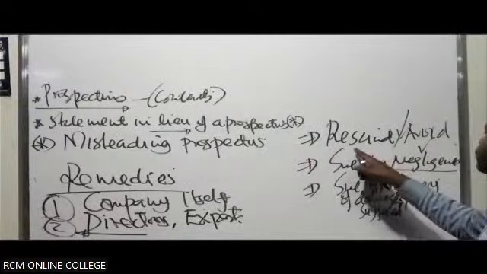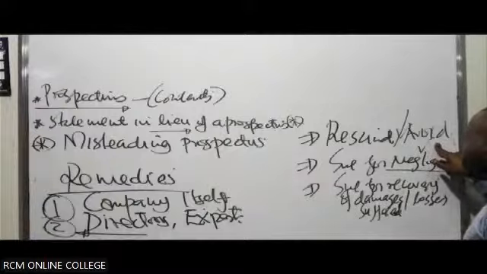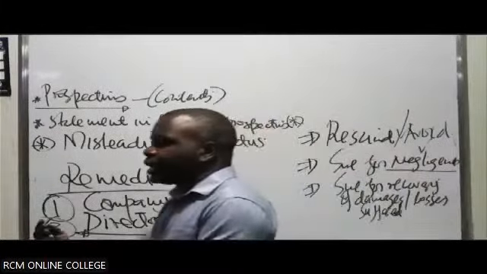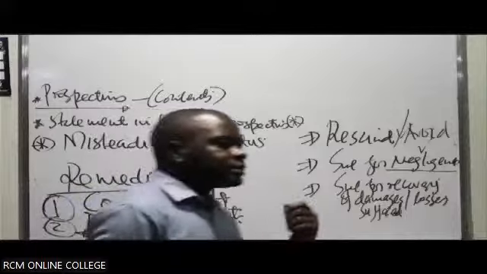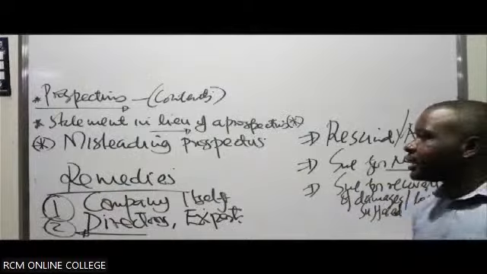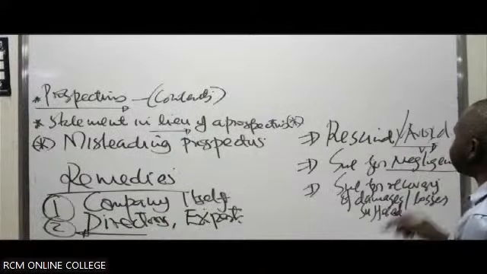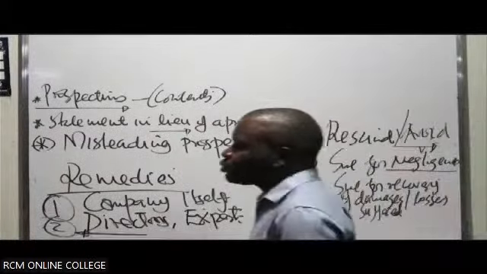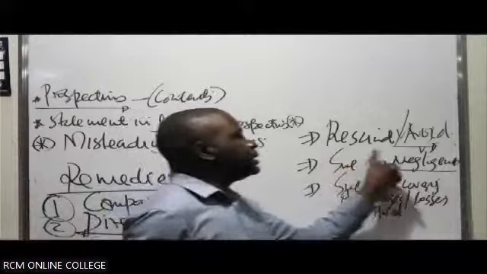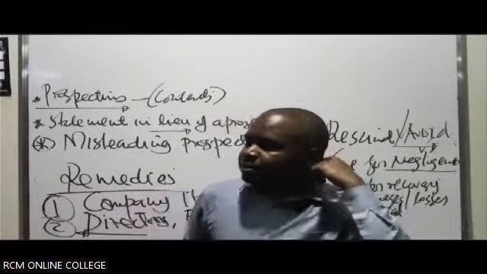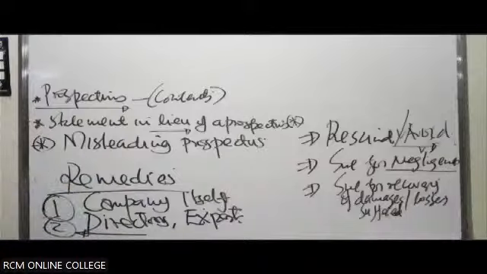When you talk about rescinding or avoiding the contract of allotment, it is where the shares have already been allotted. He relied on the prospectus, they did an initial public offer, he got the prospectus, he subscribed, and they have already allotted. So he can rescind and say, I do not want to have these shares. I have just realized I was misled by your prospectus to buy these shares, and therefore I don't want to be part of this agreement. He will be given the right to avoid the contract, and therefore he will be able to recoup the money he had invested in the company.